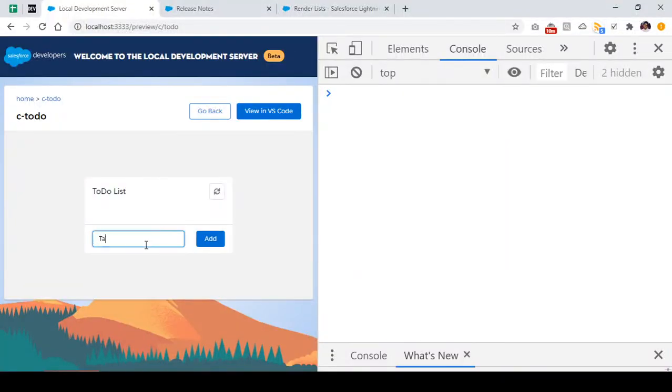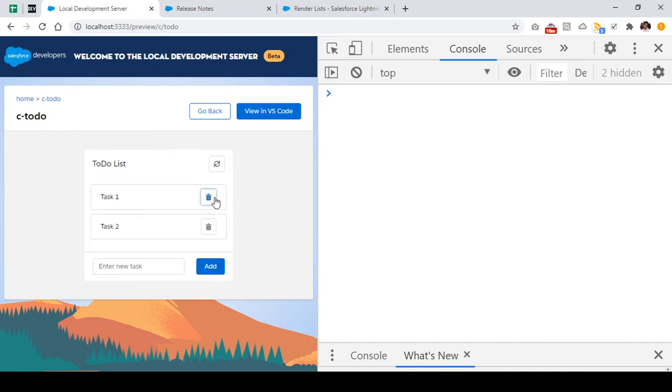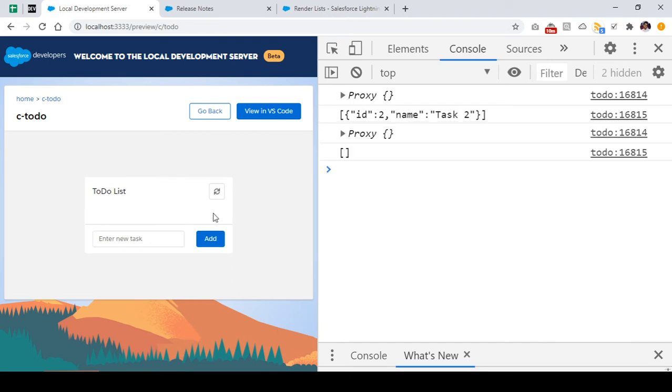So we got to know how we can actually add elements to the list like this, and how we are able to actually delete the elements from the list as well. So if I want to delete the elements, I can do that as well, right?